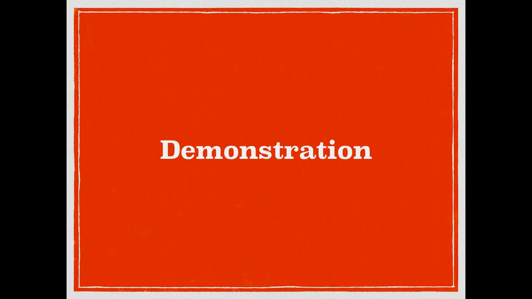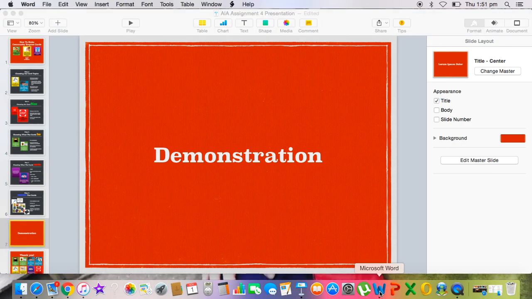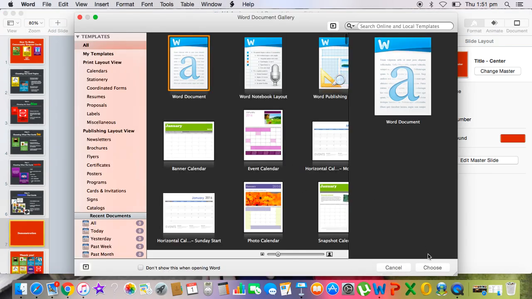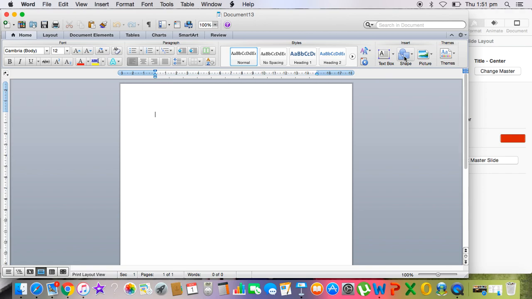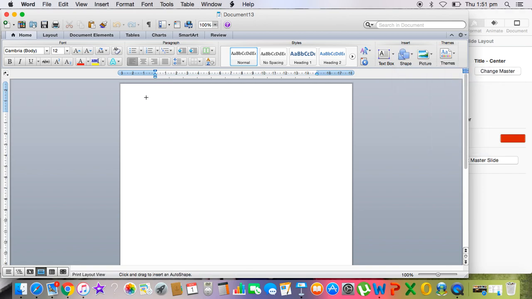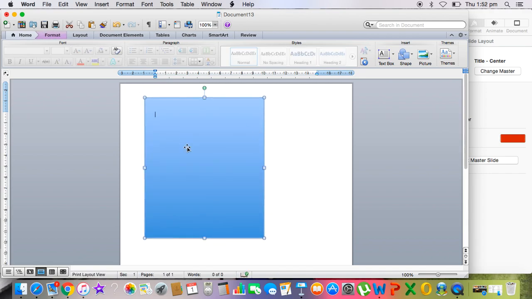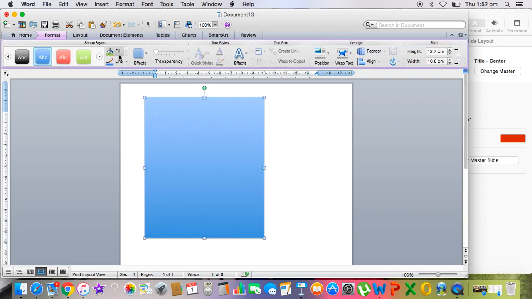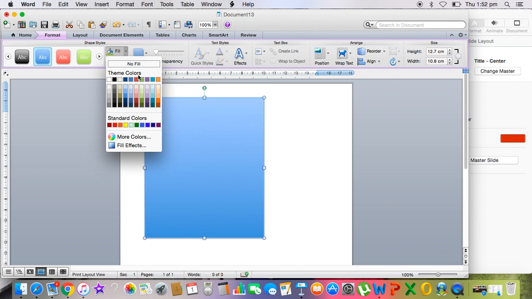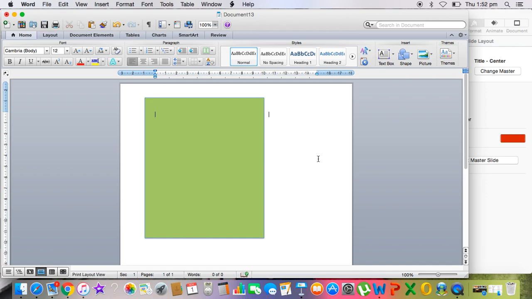So now I'm going to take you through this process of making up the cards on the computer step by step. So I'm going to come down here and open Microsoft Word, a new document, and I'm going to use this shape button here to insert a rectangle. So I'm going to click and pull it down, drag it down across the page. This rectangle comes automatically as blue, but if I double click it and I come to fill, I can have any colour I want. I'm going to pick green because this card is going to be for buying a coffee